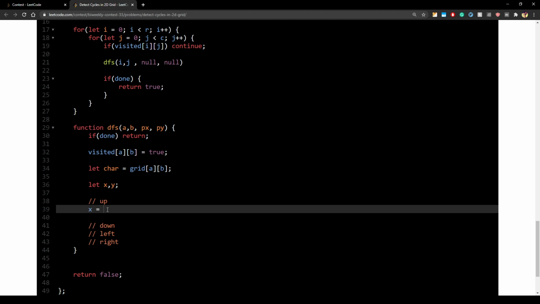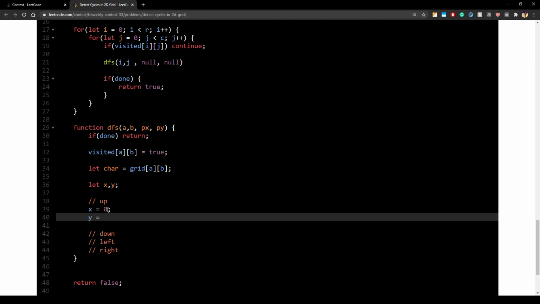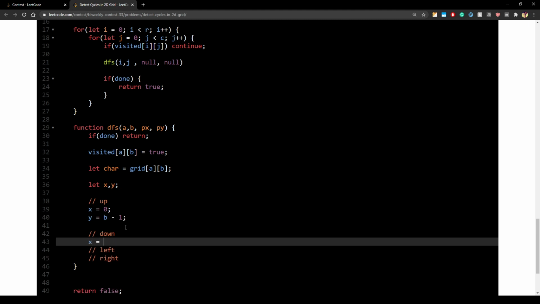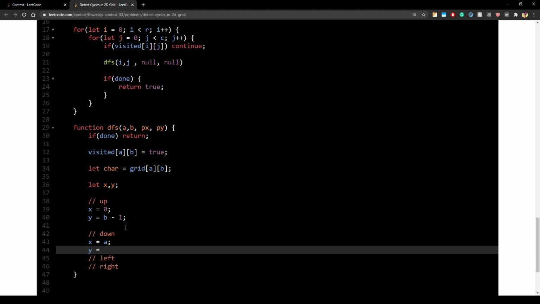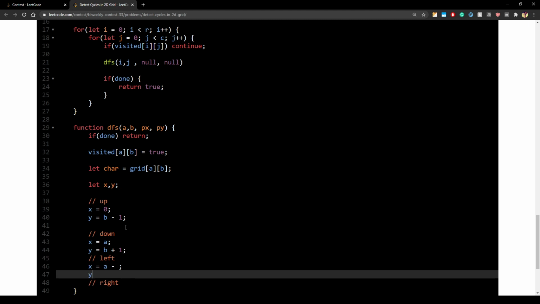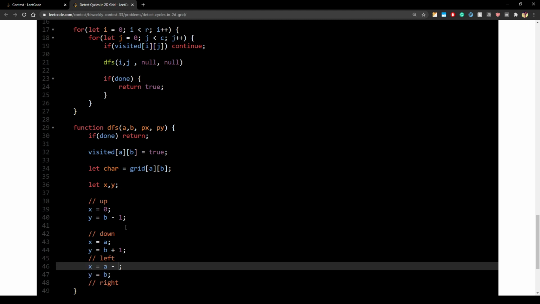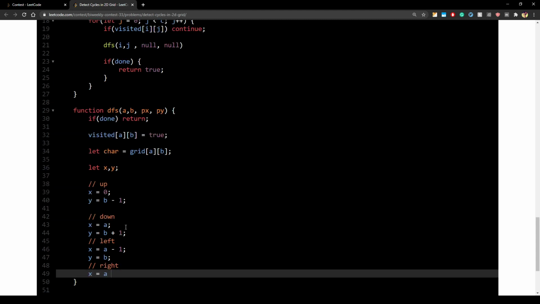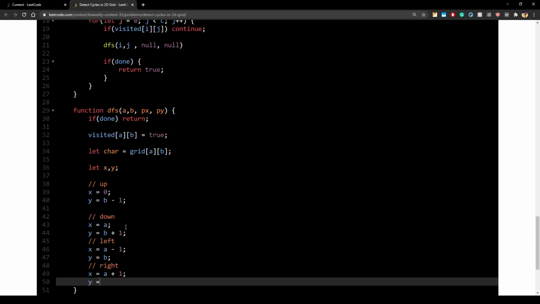For up, x will be same, but y will be b minus 1. Similarly for down, x will be same as a, but y will become b plus 1. For left, x will become a minus 1, but y will stay b. Then for right, x will become a plus 1 and y will become b.